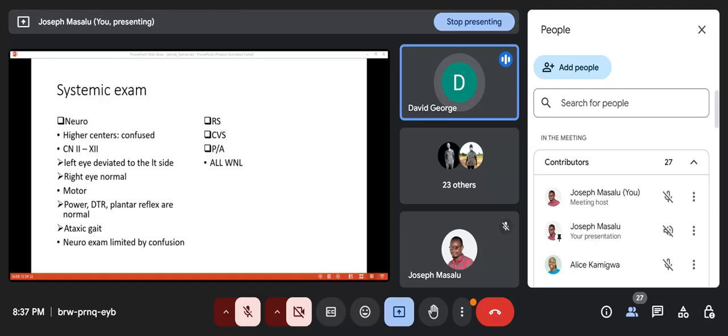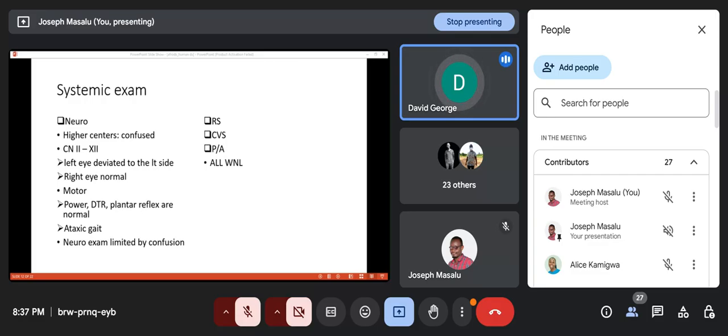If the left eye is deviated to the left side, that means the lateral rectus is pulling it. Most likely the medial rectus is weak, and so that means we are probably talking about an oculomotor nerve palsy. So, but then apart from that,